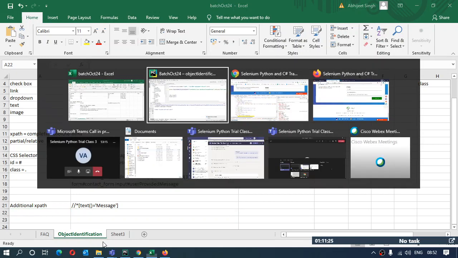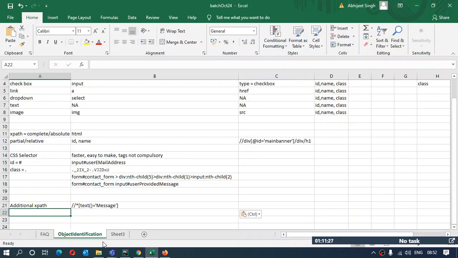Likewise, you get some elements which have some different kind of IDs which are auto generated, randomly generated. Like you get some XPath which has some initial part as changing one and the rest of the part is constant, right?